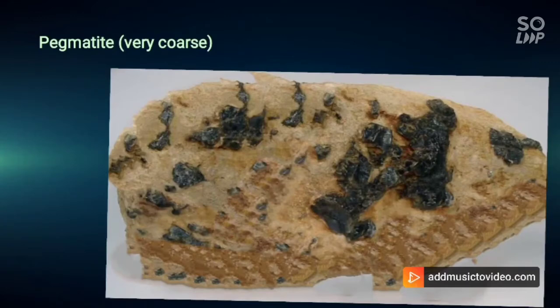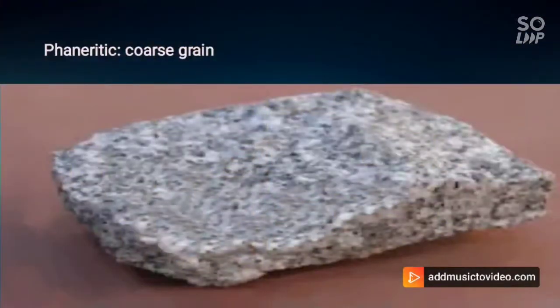Based on grain size, you have types of rocks. The first one is pegmatite, which has very large grains. Why did this happen? This happened because the cooling happens deep inside the earth. So these are the deepest rocks and are present at greater depth. Now phaneritic rocks. These are coarse grain but not as coarse as pegmatite. They will be present deep inside but not below the pegmatite.